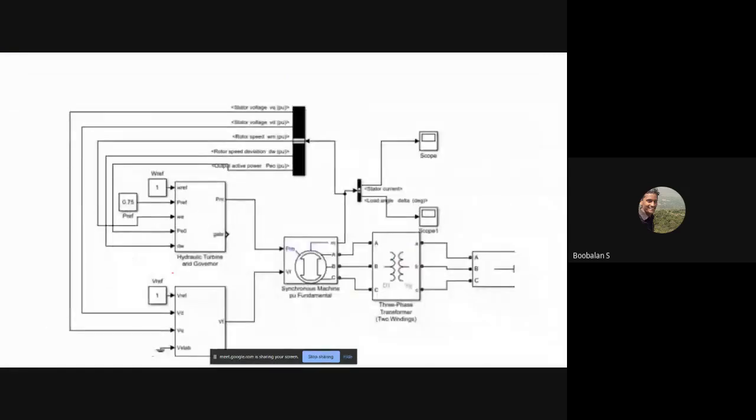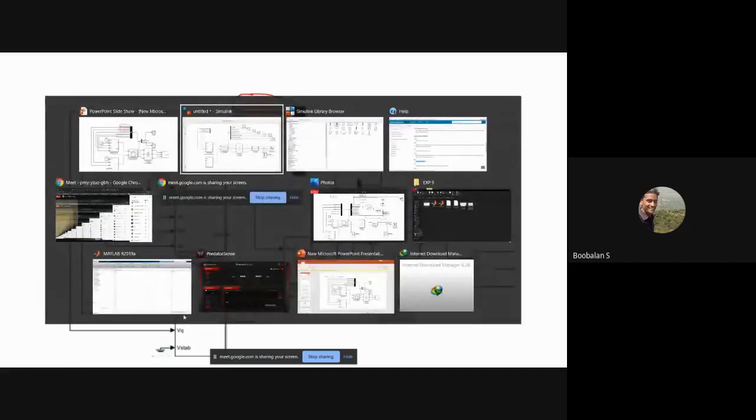Right, so we need a stator voltage VQ. This is what I just did previously. In the previous batches, I'm taking from the reference over here, the stator voltage VD and VQ. So we need to measure it over here, and I'm just going to bring it back over here.